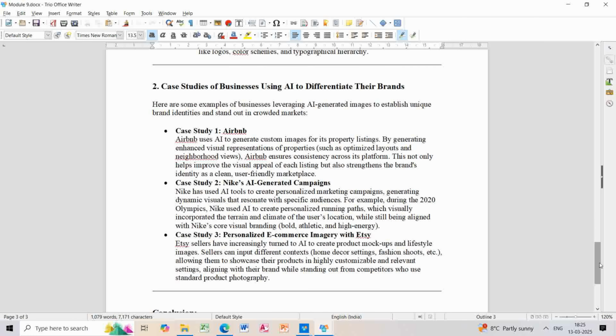So the next thing that we'll be discussing, I think this is the last one, is case studies of businesses using AI to differentiate their brands. The first case study is Airbnb. Airbnb uses AI to generate custom images for its property listings. By generating enhanced visual representations of its properties, such as optimized layouts and neighborhood views, Airbnb ensures consistency across